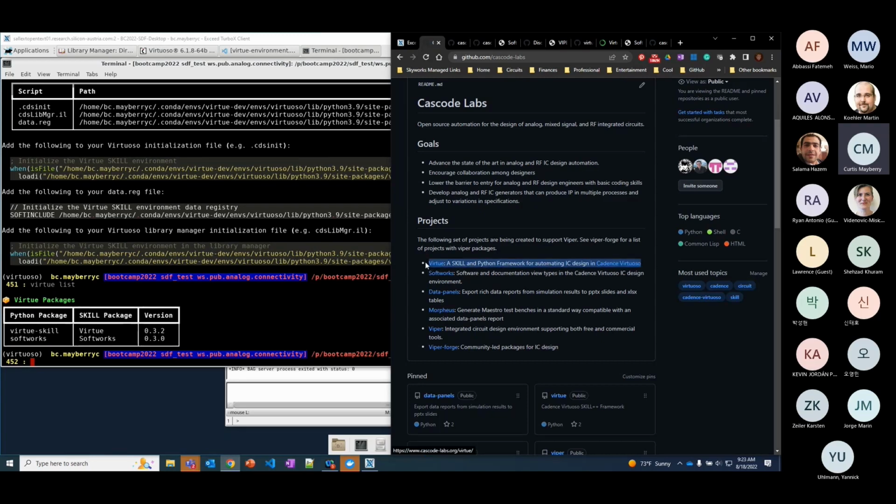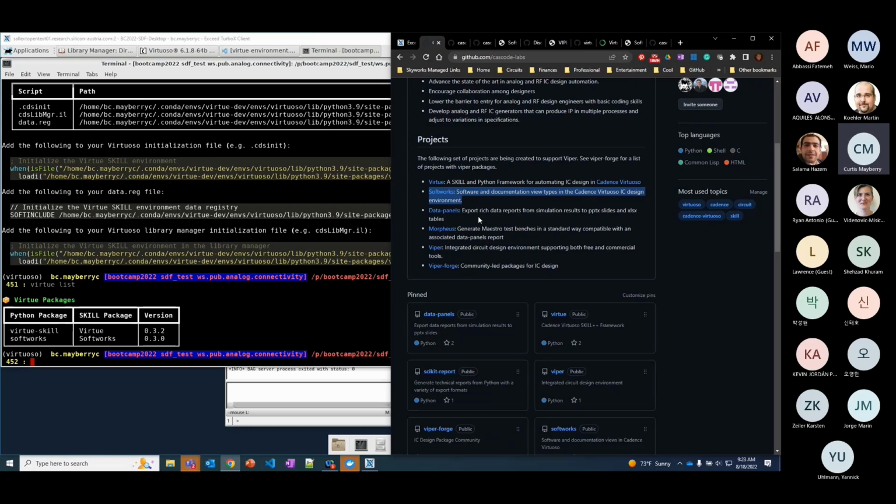I think anybody could use that right now. Softworks, I think we have, within the next week, I think we can work this out. So definitely by the end of the meeting next week, this will be working perfectly, I think. Data panels, I think, is going to take a little longer. So I think maybe in the spring, they'll have that working so that people can just download it and start using it right away. And then Morpheus is,